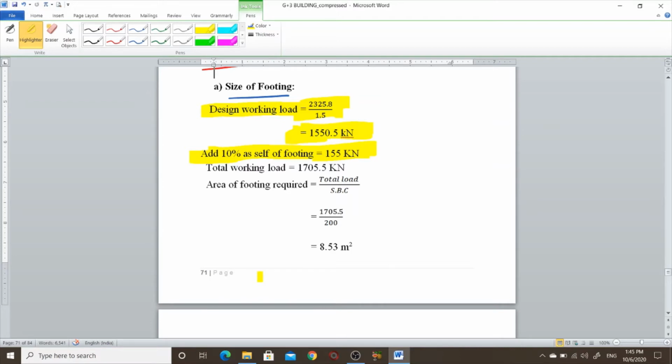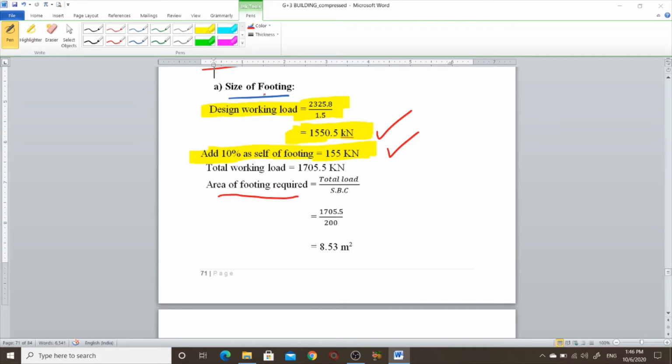Now we find the total load, the summation of these two values, and we find this value, 1705.5 kilonewton. Thereafter we can find the area of footing required.